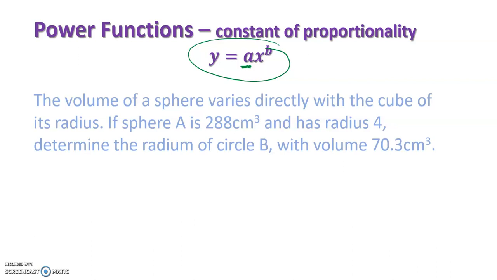So here is a question. The volume of a sphere varies directly with the cube of its radius. If sphere A is 288 centimeters cubed and has radius 4, determine the radius of sphere B with volume 70.3